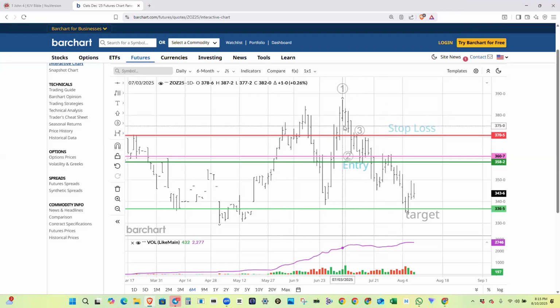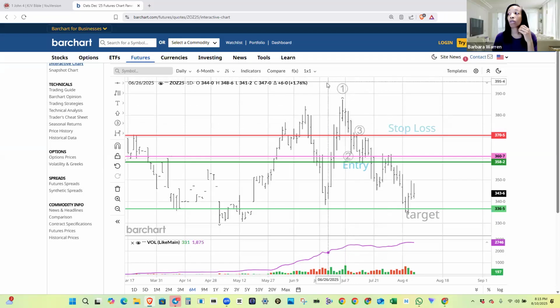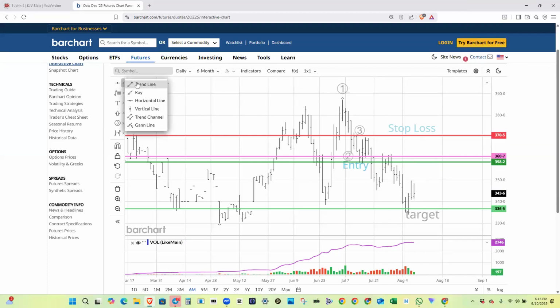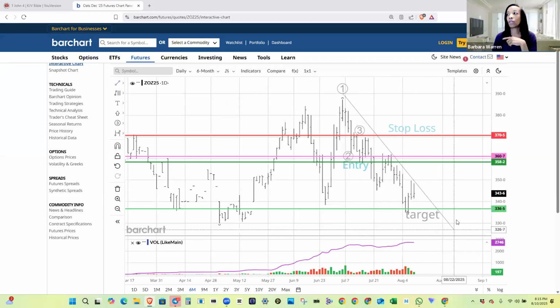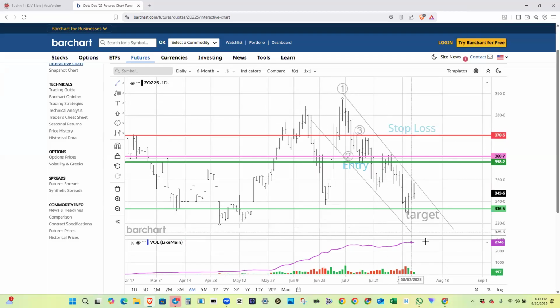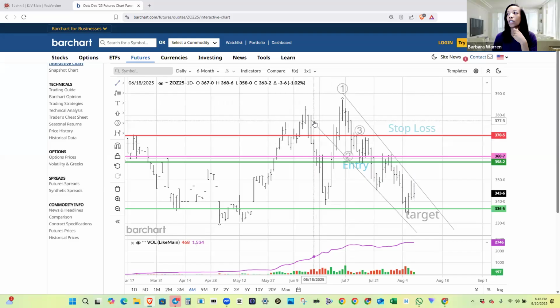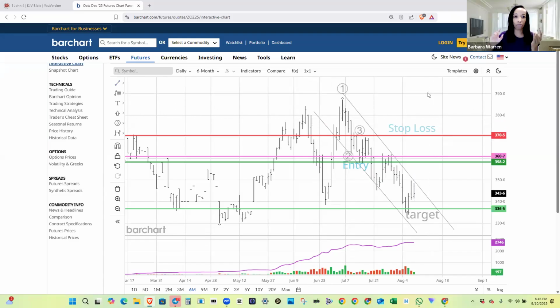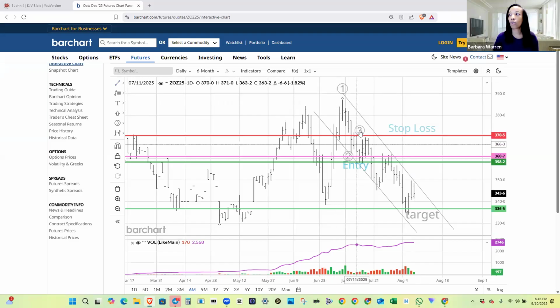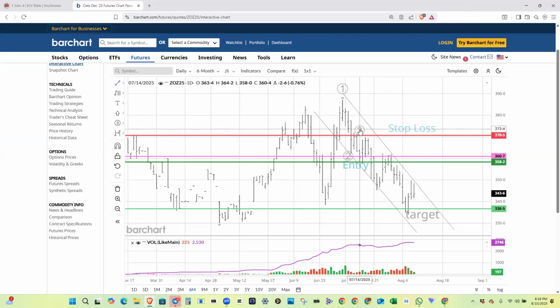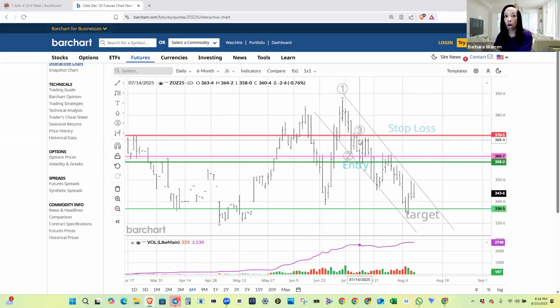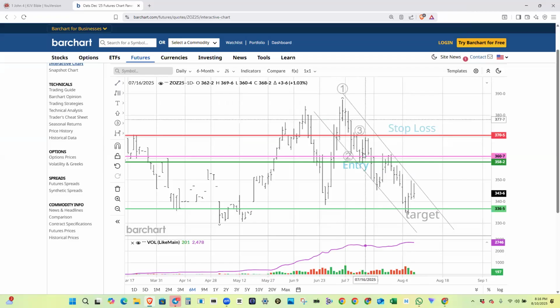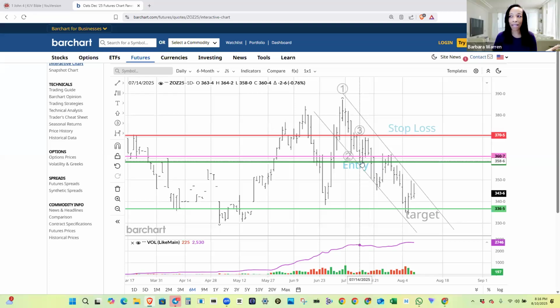Now, not based off of that, but this also is a top formation in a downtrend. If I draw my trend line, you could say it hadn't broken the trend line. It's still in the same trend, which is why Tanya got in, because she saw that it hadn't broken the trend line. It confirmed a top formation, 1, 2, 3. And you also can make profit past your target of the 50%. But if you were only wanting to go to the 50%, you would not get in this trade. Right. I see why. So that's why he's saying that.